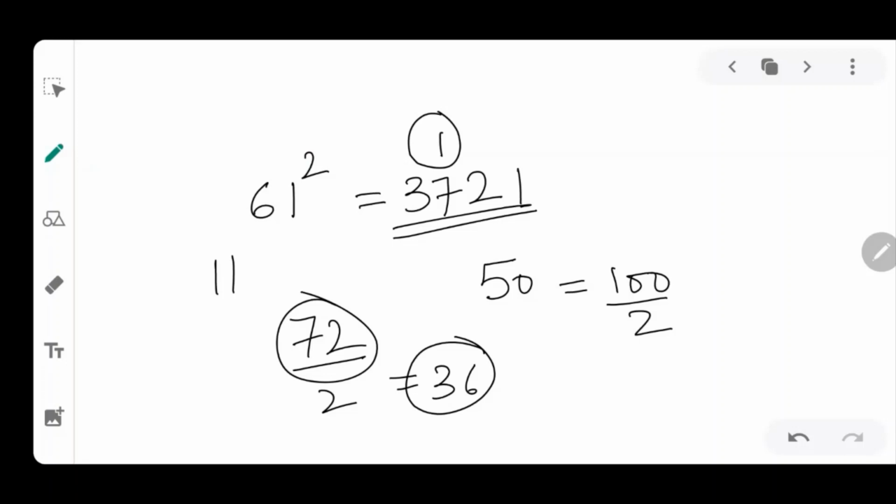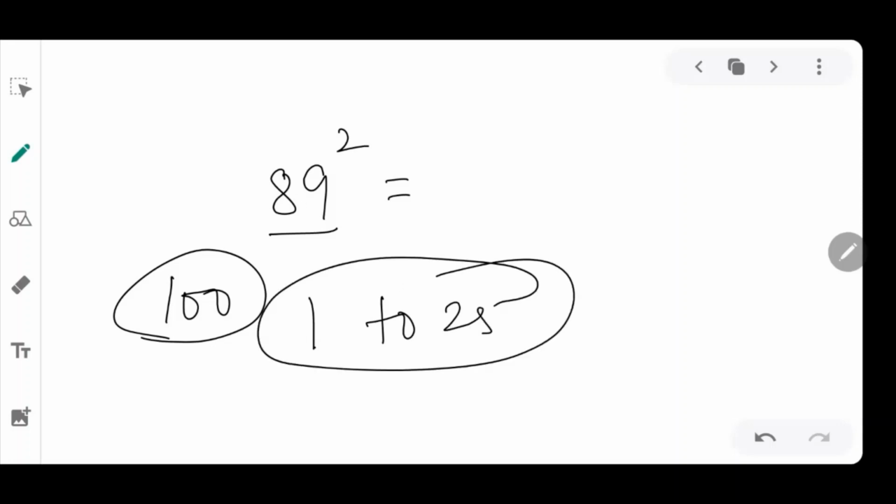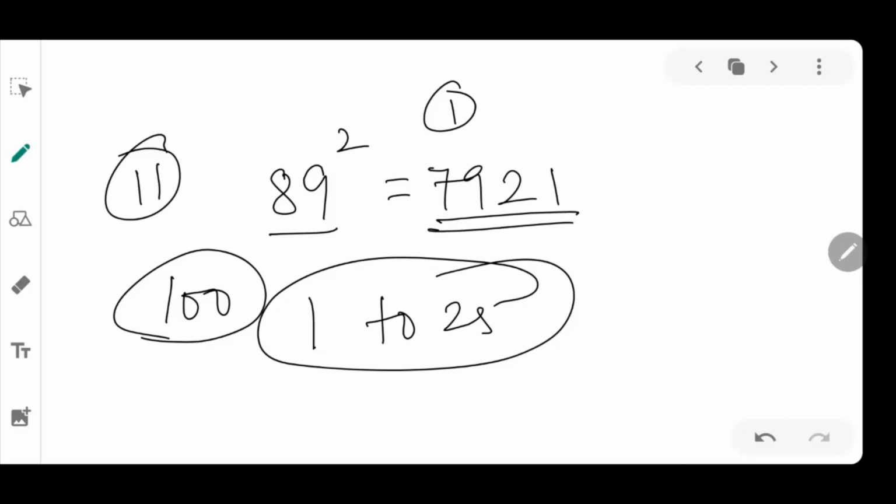When you cross the range of 75, let's say 89. Now what is happening? See, 89 is closer to 100. And when we take such ranges, our numbers always get the difference from 1 to 25 only. Means for 89, how much is it less than 100? It is 11 less. So 11 square is again 121 and we will put 1 as a carry. 89 minus 11 will give you 78. 78 plus 1, 79. So this is the answer. So you see, if we take the 50 base, our range of numbers is reduced and it is coming between 1 to 25 only.